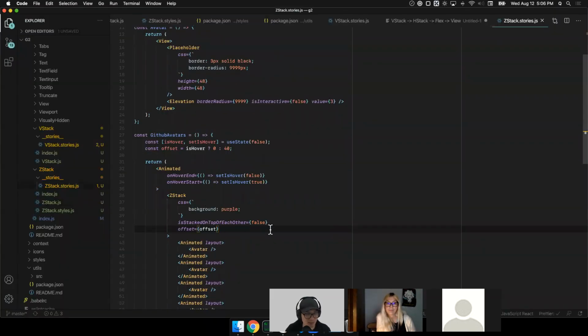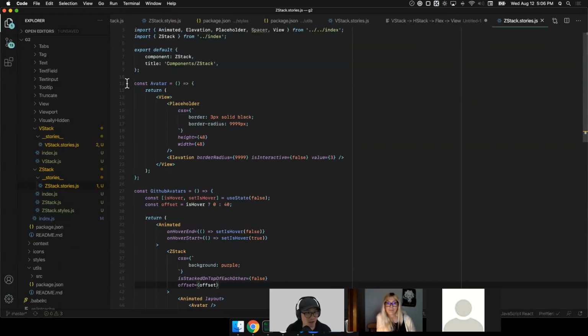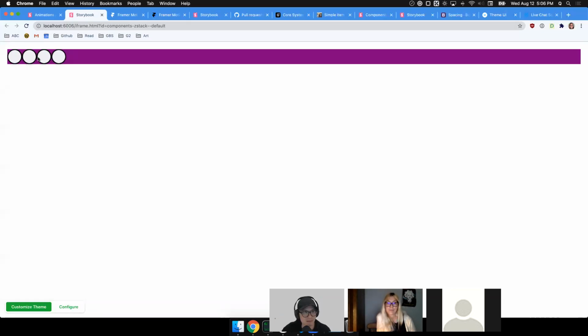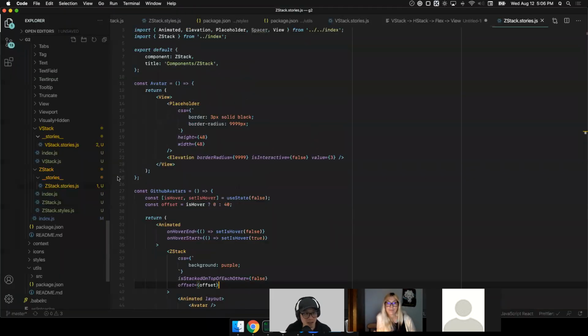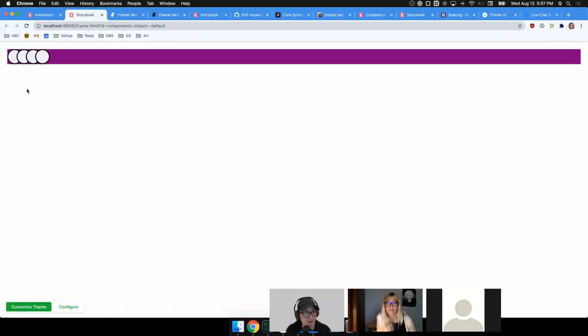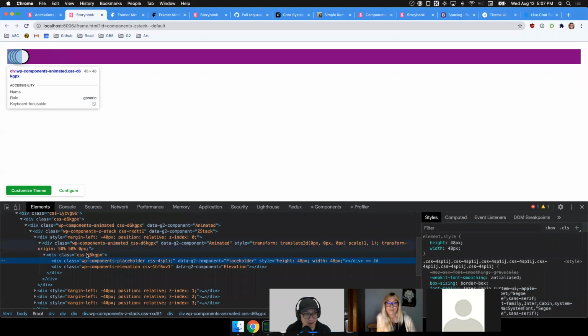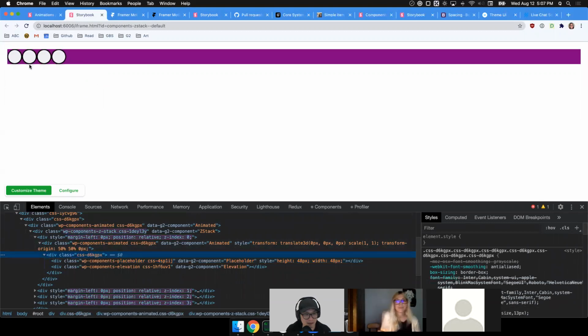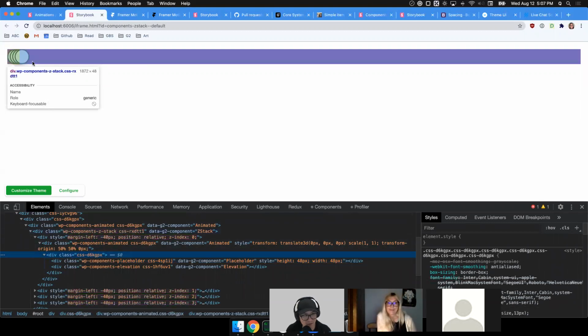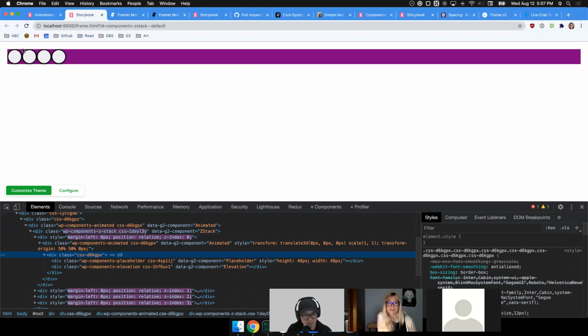And the dynamic offset, again, this offset was dynamic, right? It started with this 20 or something and 0. It's compiled on the fly using that very special CX property right here. So you see this ZStack thing that's flashing? I can't use my mouse, but you see right after the word WP component ZStack, the CSS hyphen whatever,